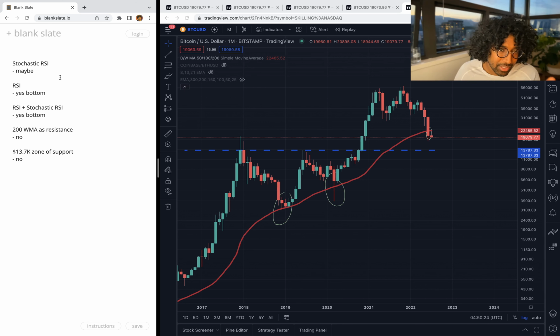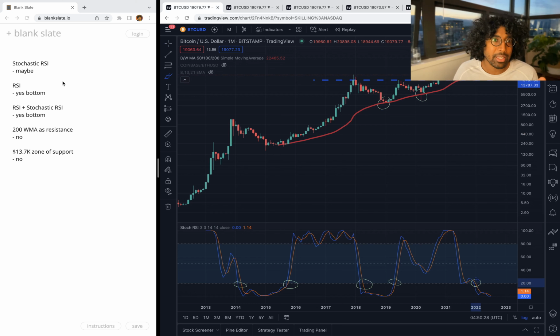So right now my stochastic RSI, this was the first chart, says maybe we've hit the bottom. Maybe, because we're pretty much where we were before, but there isn't a lot of time, right? Because you could see here, the stochastic RSI went low before, right over here, but then we went back up and then we came down further. You notice that we went down further, right? So this is definitely a maybe. It's a for sure maybe, not for sure.